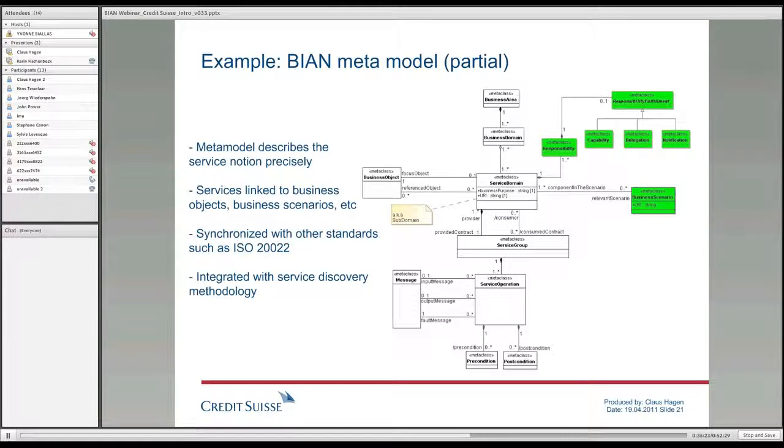which is currently being developed. It's called the How-To Guide, and again, the idea is that this will also be published quite soon. And this really gives you an end-to-end methodology to discover your services and decide on granularity and shape